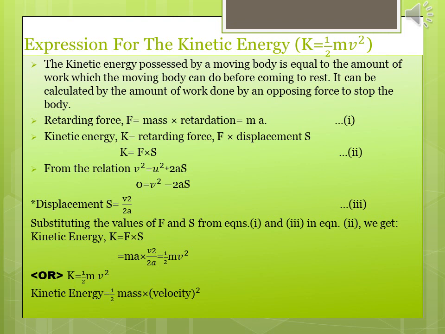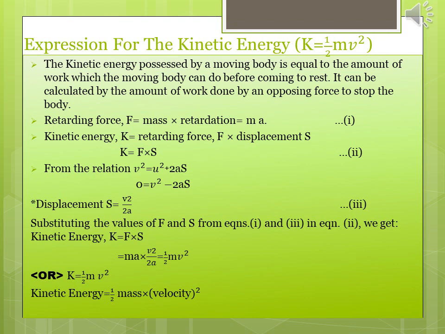Since A is retardation, acceleration A will now become minus A. So from the expression v square minus u square is equal to 2as, if we substitute the values, that is u is equal to v and v is equal to 0, we get